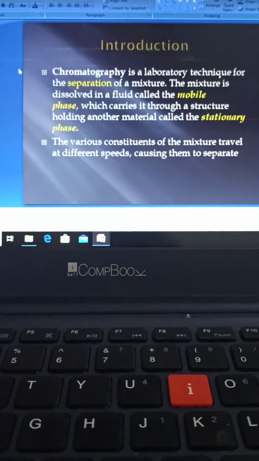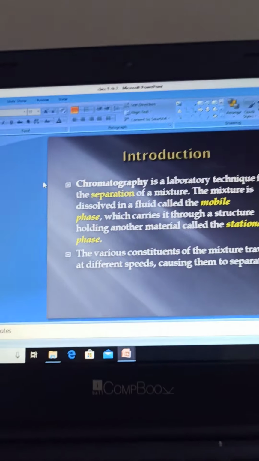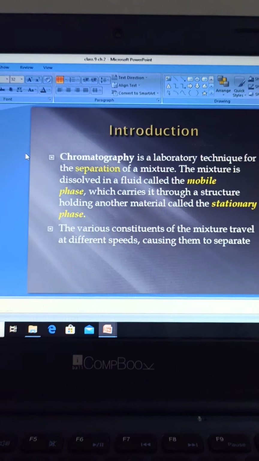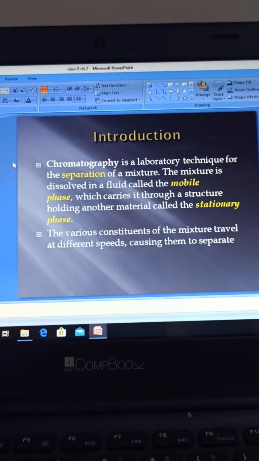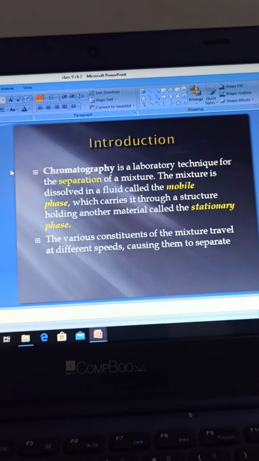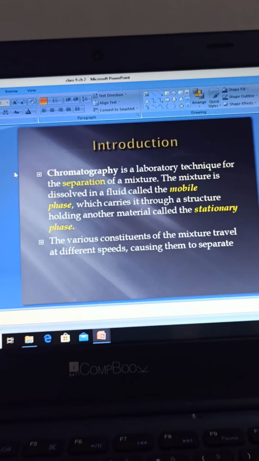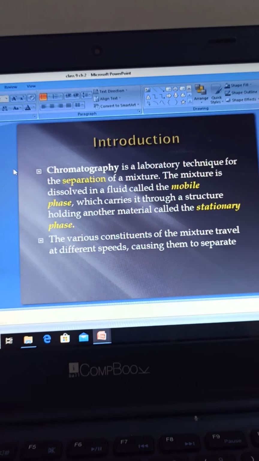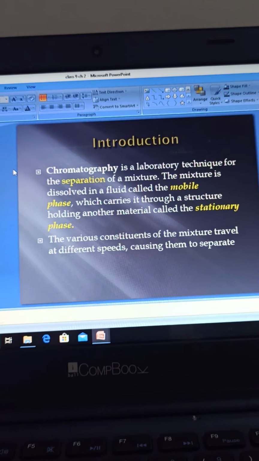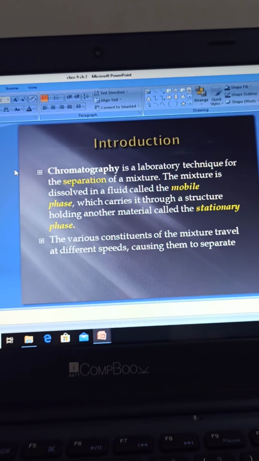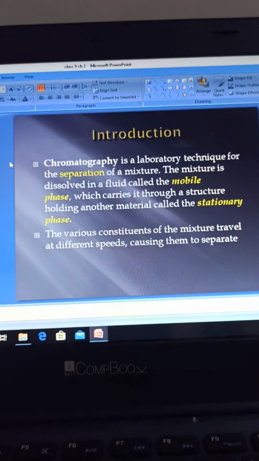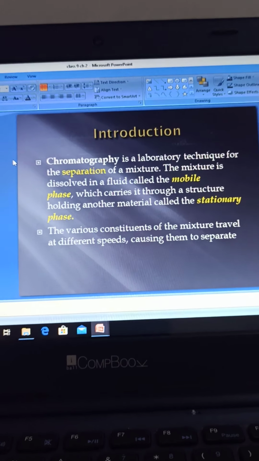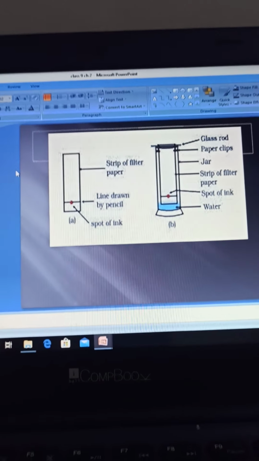What happens, children? Generally in this technique, in a mixture different types of compounds are present, and all these compounds vary in their constituents, in their properties. Particles are very different from each other. Hence when they come into the mobile phase, they start to separate or start traveling at different speeds, because they have different properties, right? So through this process we can get some color bands on the paper and we can separate them out. Now you can see the diagram in your textbook.